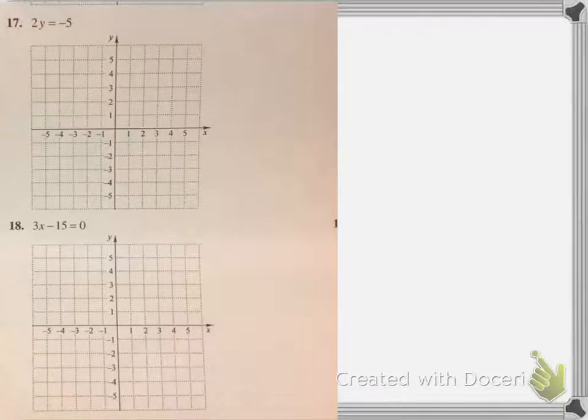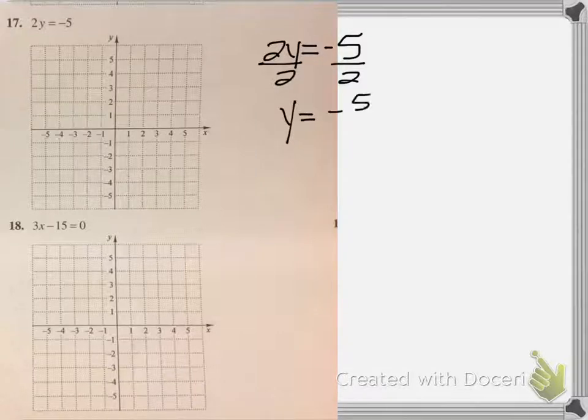The last problem, actually the last few problems, had x's and y's in them. If you look at 17 here, there's only a y, there's not an x. So when you see a single variable, that means it's either a horizontal line or a vertical line. The way you know which is looking at your equation, so I'm going to take my 2y equals negative 5, and I'm going to get that variable by itself. So I'm going to divide both sides by 2. So I get y equals negative 5 halves, which is the same thing